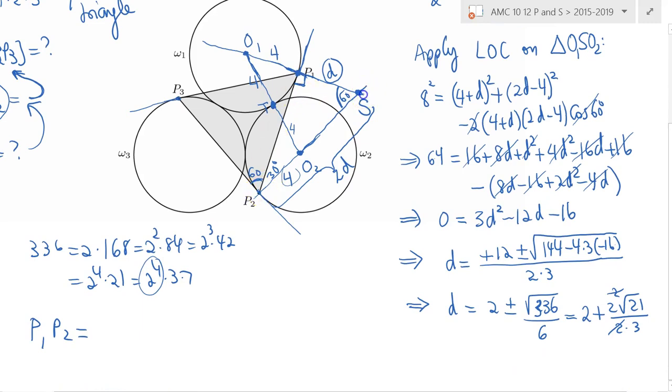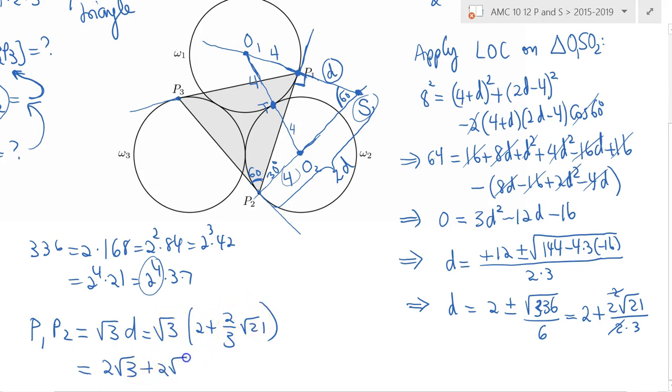on that 30, 60, 90 triangle P1, P2, S, you can clearly see that it's opposite the 60-degree angle. So it's root 3 times d, which is equal to root 3 times this ugly expression, 2 plus, I think we found 2 over 3 root 21, and that's simply equal to 2 root 3. So root 3 and root 3 will be 3, they will cancel out with the 3, it will be 2 root 7. Whew, so we have the side length of our equilateral triangle,